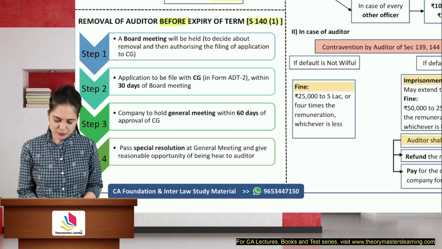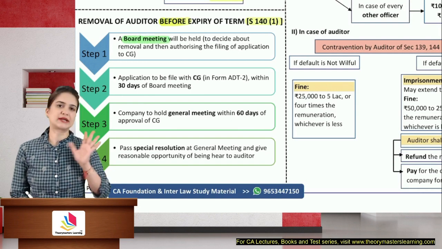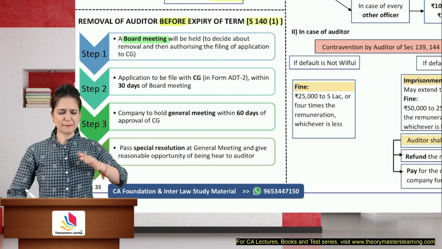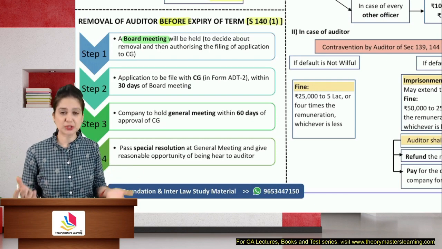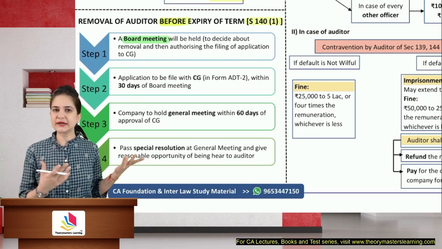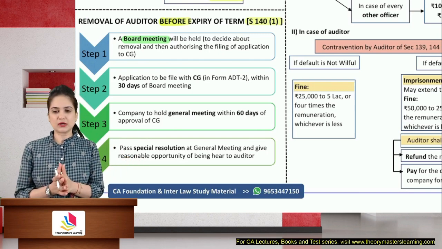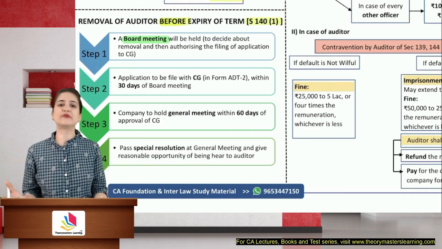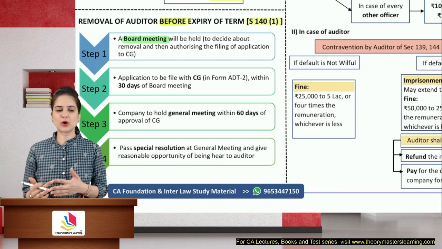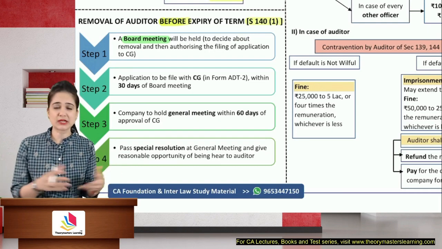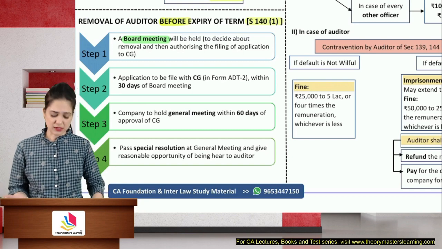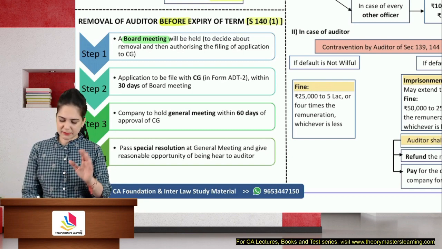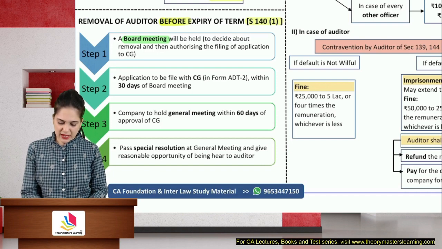So, let me highlight those points for you. You will call a board meeting, which will be held to decide about the removal of the auditor. Maybe the auditor is not standing up to your expectation. Maybe the auditor had a team, but many of them left, so now it will not be possible for you to get the audit completed on time. So why are you removing an auditor? Or maybe the auditor was colluding with certain employees and committing some fraud. What is the reason? So the board meeting will be held to decide about removal and then